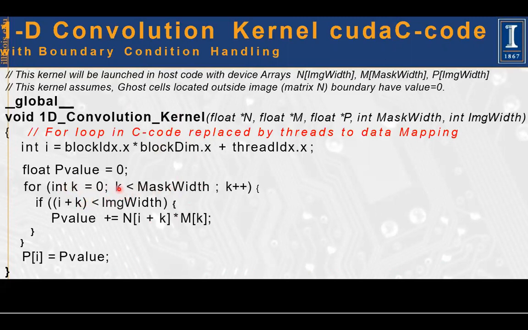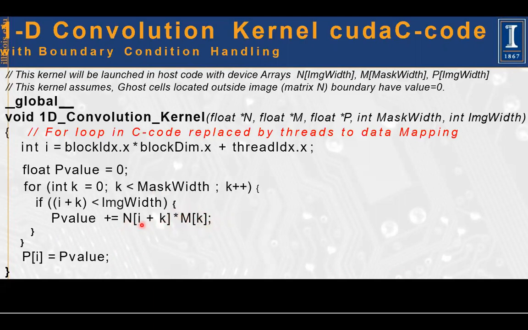One for loop for k and another for loop for L. Now my mask indexes are k and L and dimension are mask width. So this instruction will become two for loops, one indexed by k, another indexed by L. Then this thing, as I said, will have two indexes, n with I plus k, and second index j plus L. Now n will be pointed by two indexes and m will be pointed by k and second index L. So m will have two indexes, k and L.